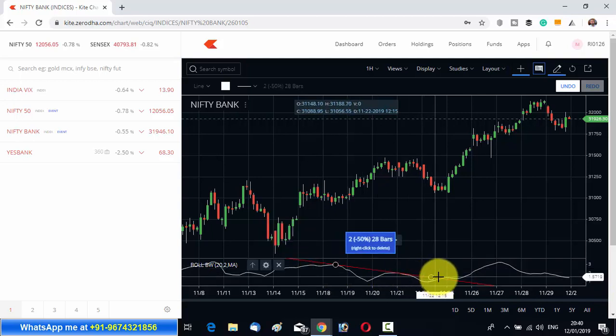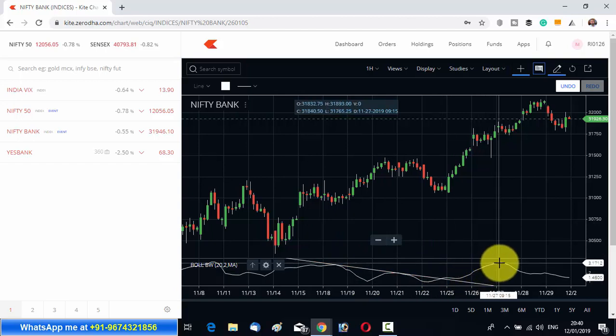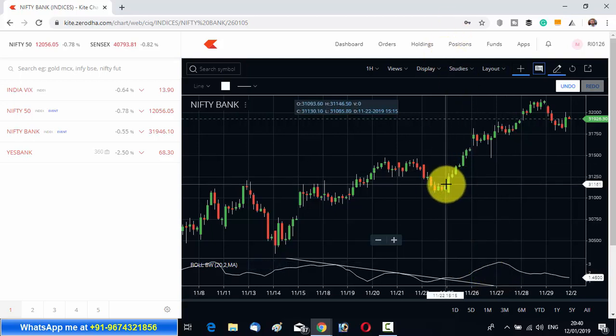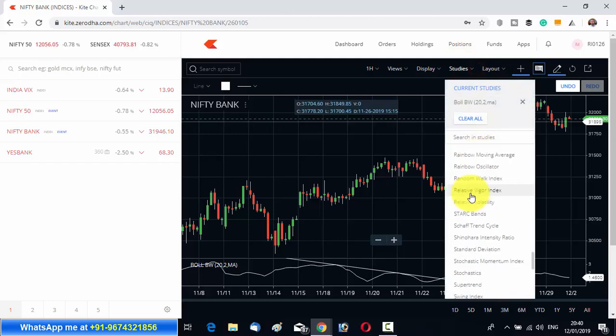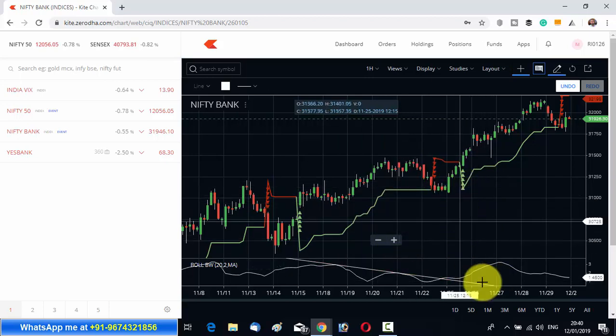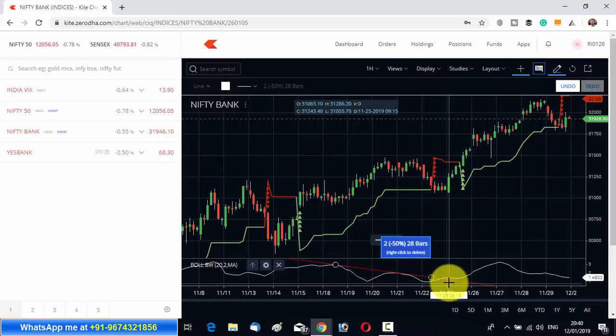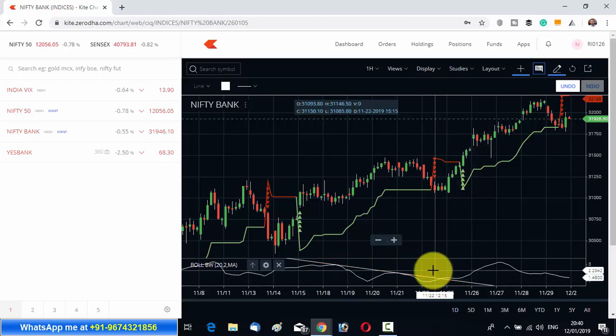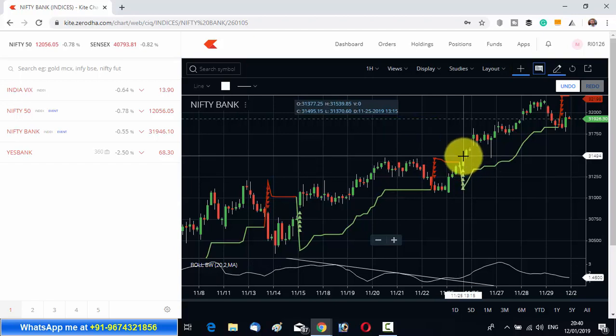Whenever you can see the trend line is broken, the Bollinger Bandwidth is denoting a trending phase, meaning it has broken its own trend line. After that you can see the market has seen a big rally. You cannot identify which way the market will move, so simply use a trend following indicator like a super trend or something like that. Suppose this was a range bound phase, and here was the breakout on the volatility, you have got a signal on super trend, trade that. So you have got a nice rally after that.